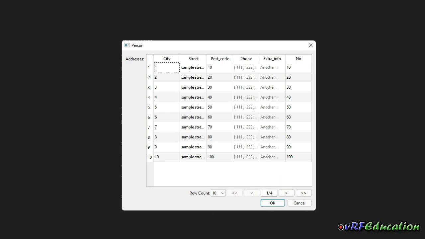By using SimpleGrid, you can edit scalar type values in a grid by double-clicking that cell and entering what you want instead of the current values. And for complex types such as phone and extra info, you cannot do the same thing because you need to open a dialog to show the content of these cells. So I disabled it, and I mentioned in the previous session I'm going to create another widget named Advanced Grid